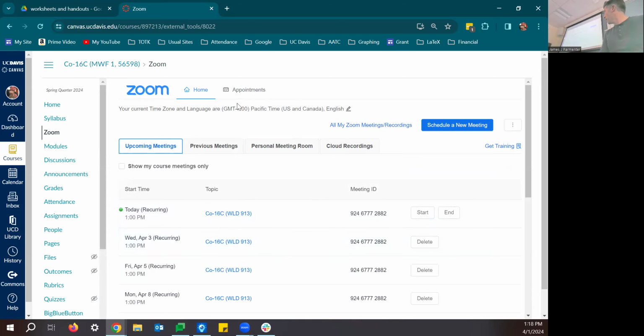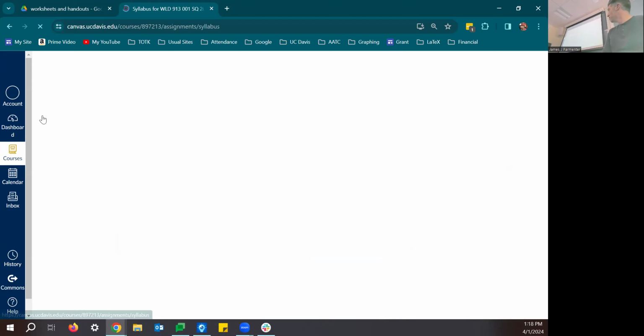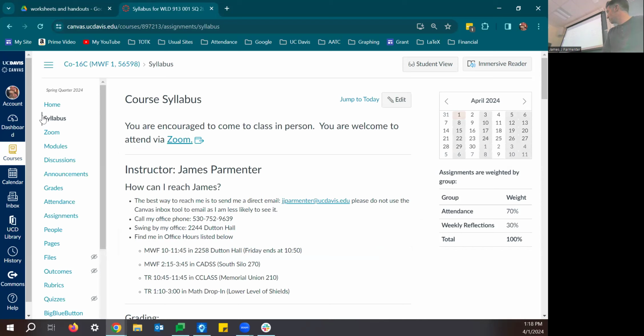And then we have the syllabus, which we should go over, even though it always feels a little bit tedious. So let's do this quick. Of course, if you have questions, you should ask them. I'm happy to answer questions and happy to slow it down. I just find this part tedious because I've done it many, many times. But let's go through it. I would love to see everybody in person, but you can always come on Zoom. You can also watch the video later, which we'll talk about in a minute.